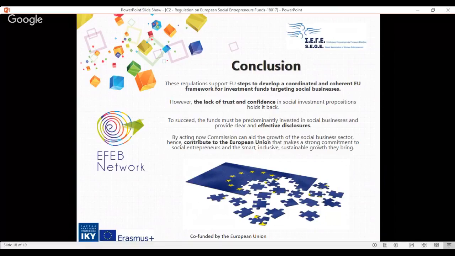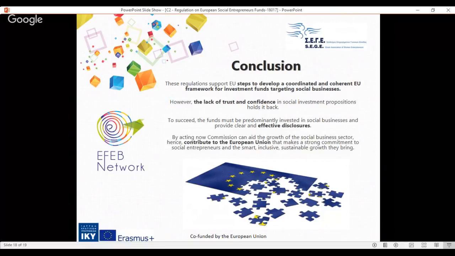However, the lack of trust and confidence in social investment propositions holds back the development of funds supporting social businesses, while poorly developed fund regimes and inefficiencies in cross-border access to investors are hindering growth. To succeed, such funds must be predominantly invested in social businesses and provide clear and effective disclosures, including on social performance. By acting now, the Commission can aid the growth of the social business sector,